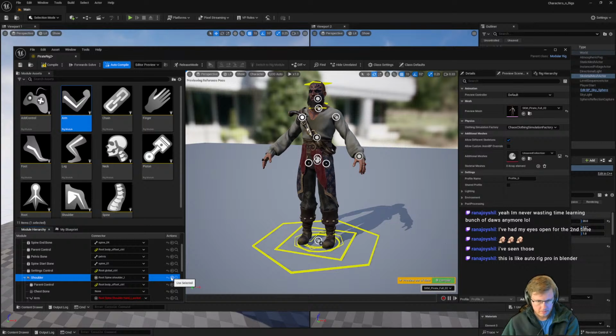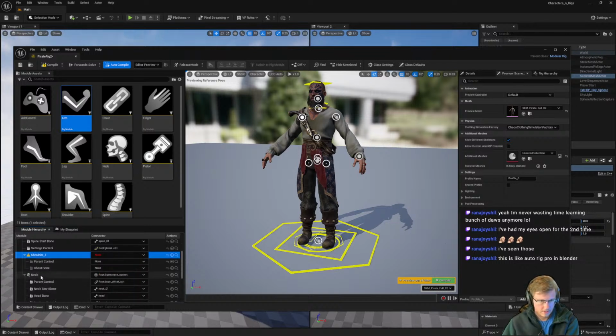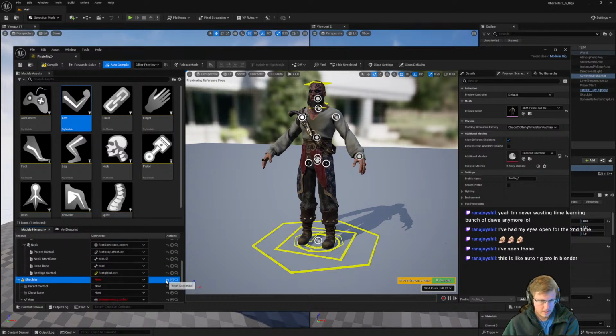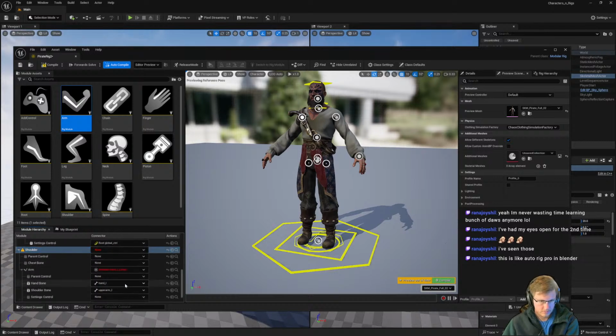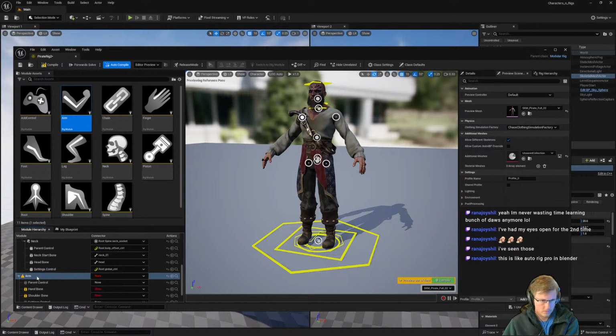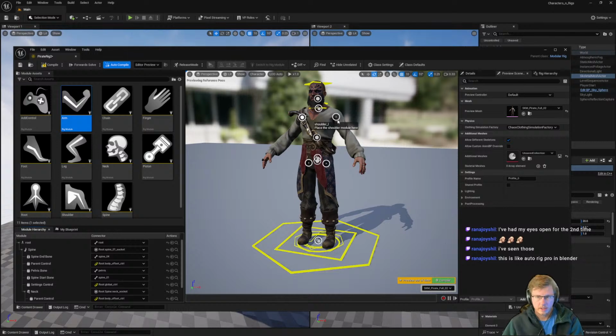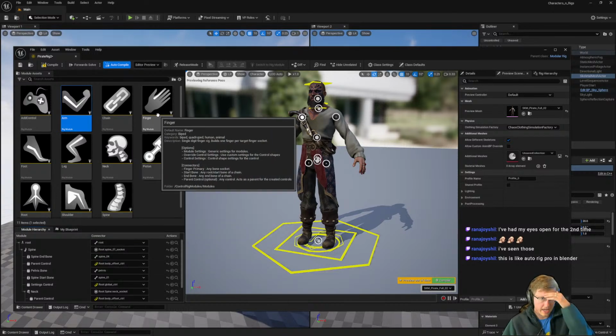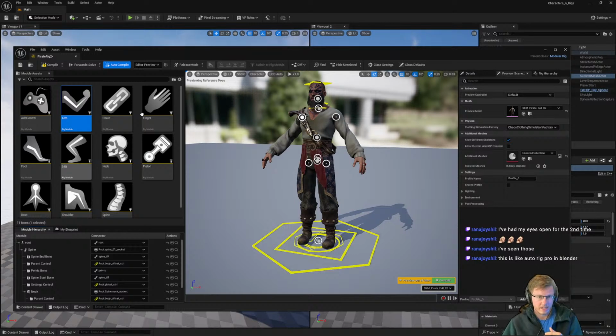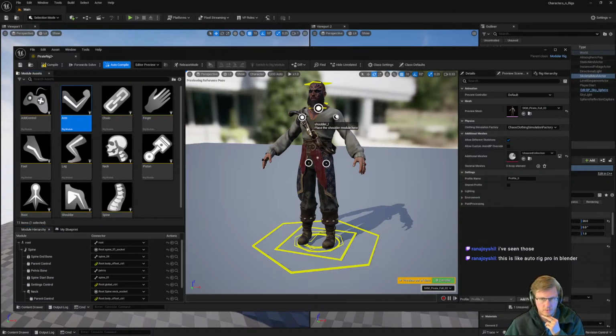So let's reset this, and reset this. I'm deleting them. Okay. So shoulder, let's go back because I want to see if I put fingers on the hands, if it does it all automatically or if it doesn't.